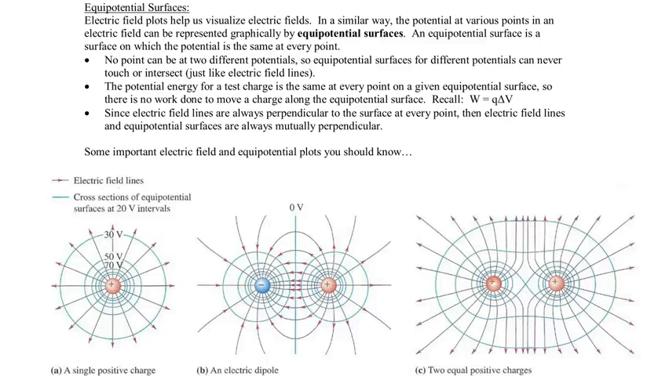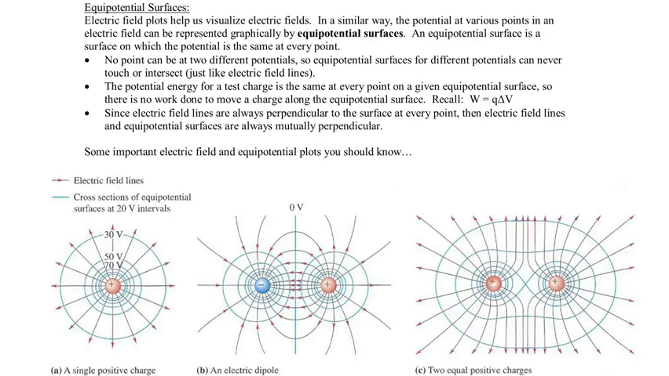Let's explore the relationship between electric field lines and equipotential lines, or equipotential surfaces. We've seen how electric field plots, such as the one shown here with these red lines, are helpful in visualizing the electric fields. In a similar way, these green lines that you see, which are called equipotential lines, are helpful in visualizing constant